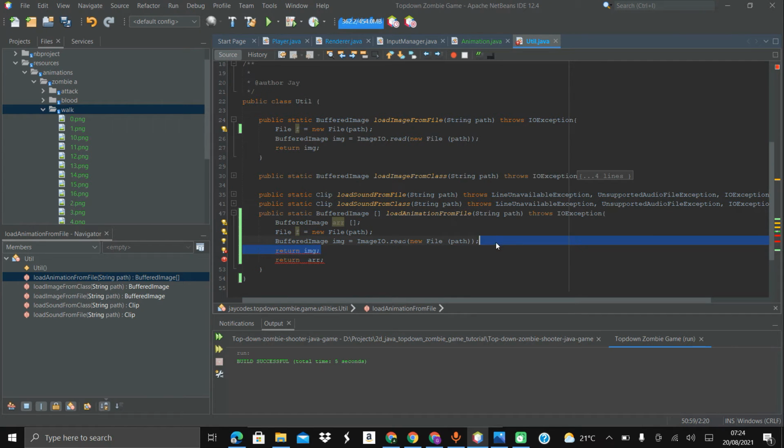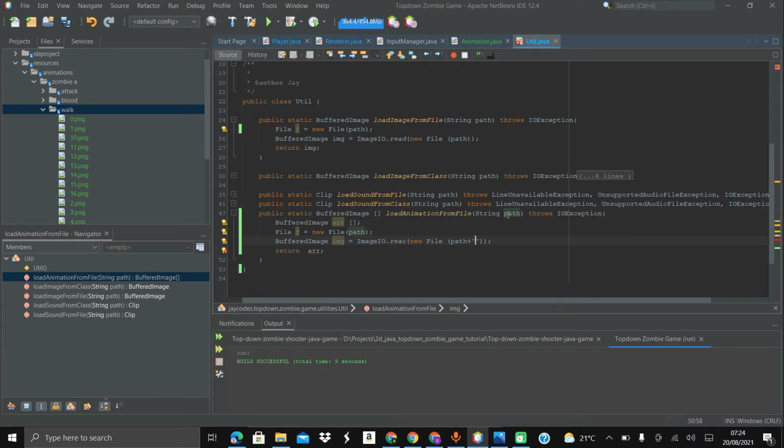So now let's get started with the loading code. New file, path. Basically, when you load an animation, we're simply going to say load something from animation zombie A and walk. That's all. So we're going to add the path, and then we're going to add